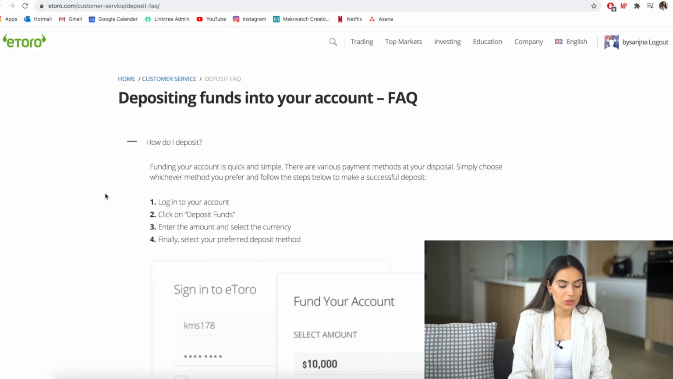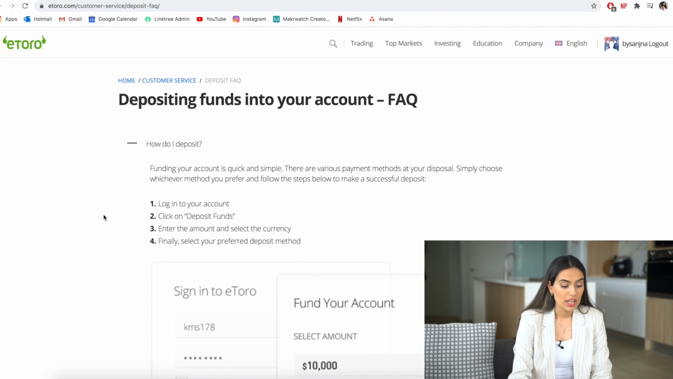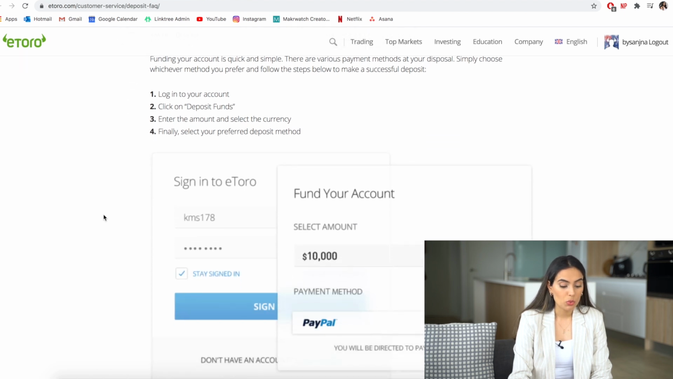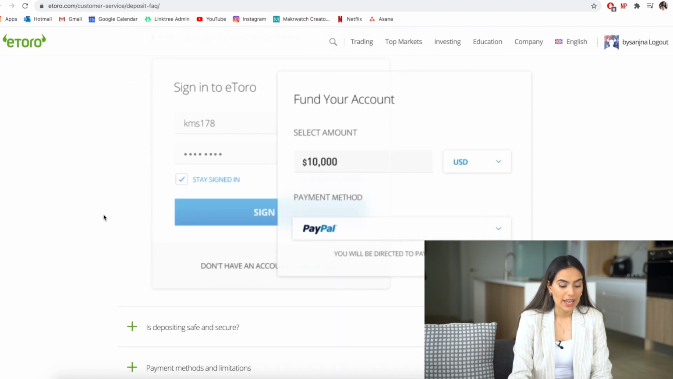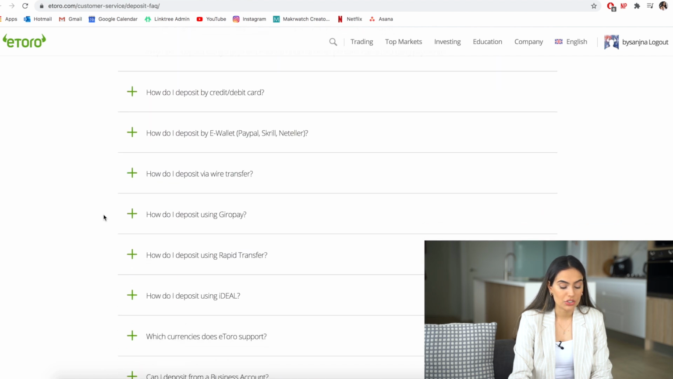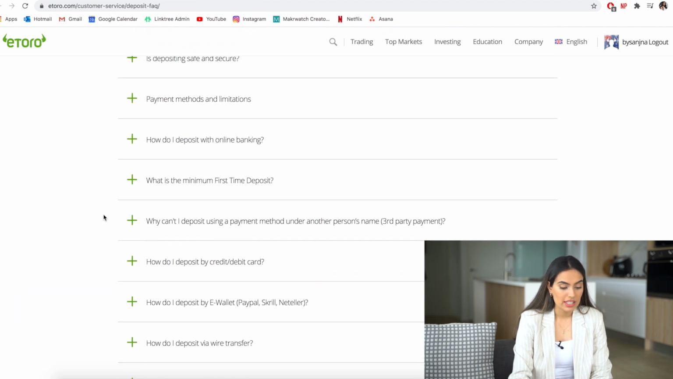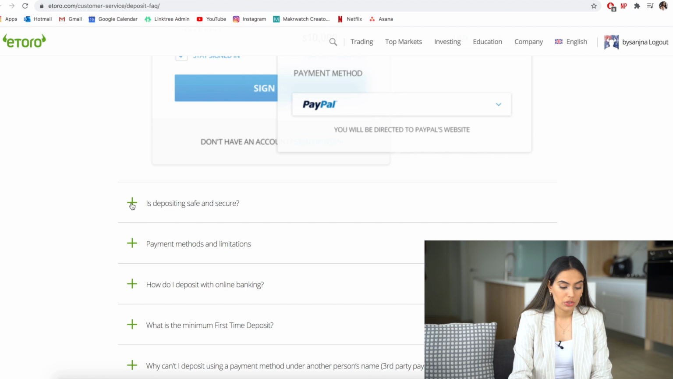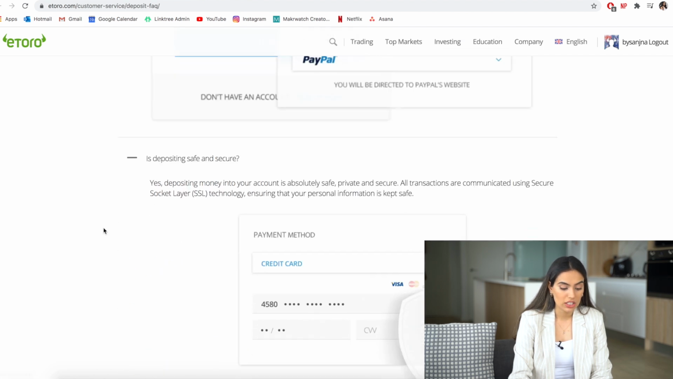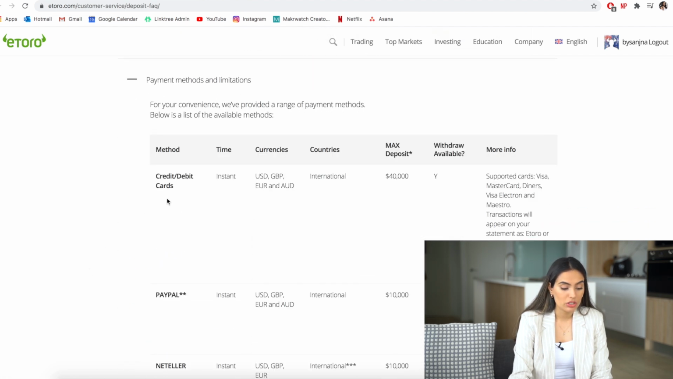Now, if you go through to depositing funds into your account via the FAQs, this will give a very good rundown on what you need to do to make a deposit and how you can start trading. So you can go through all of these FAQs and it will show you how to deposit in a safe and secure manner. So as you can see, there are a few different methods which you can use to make